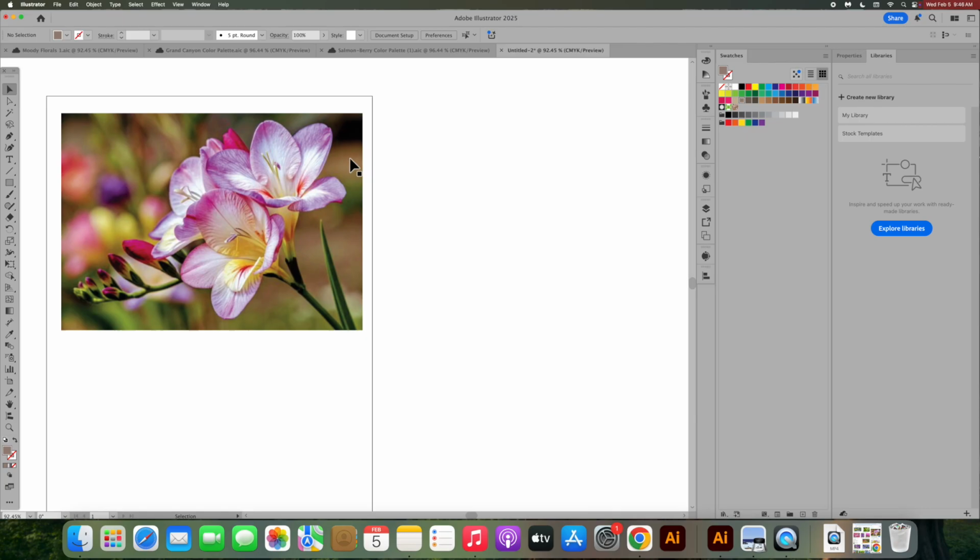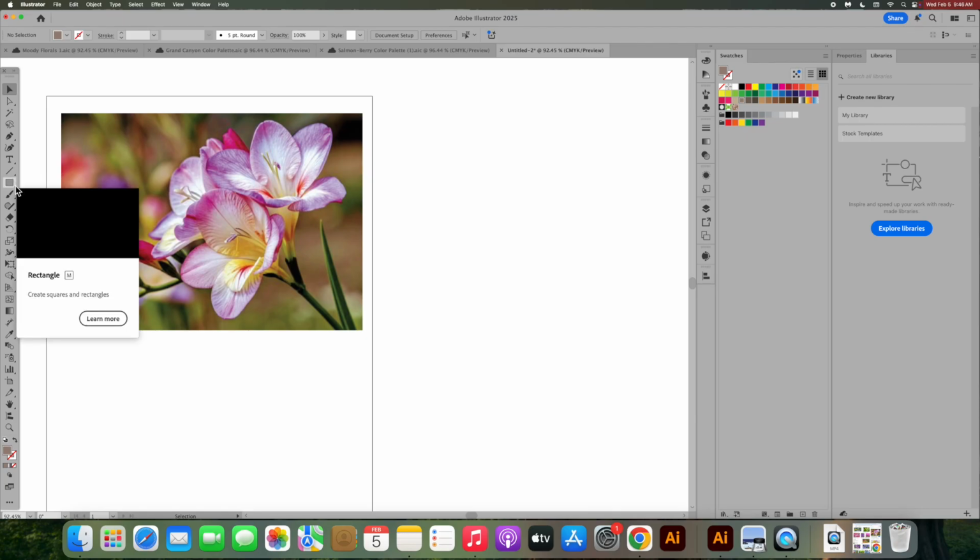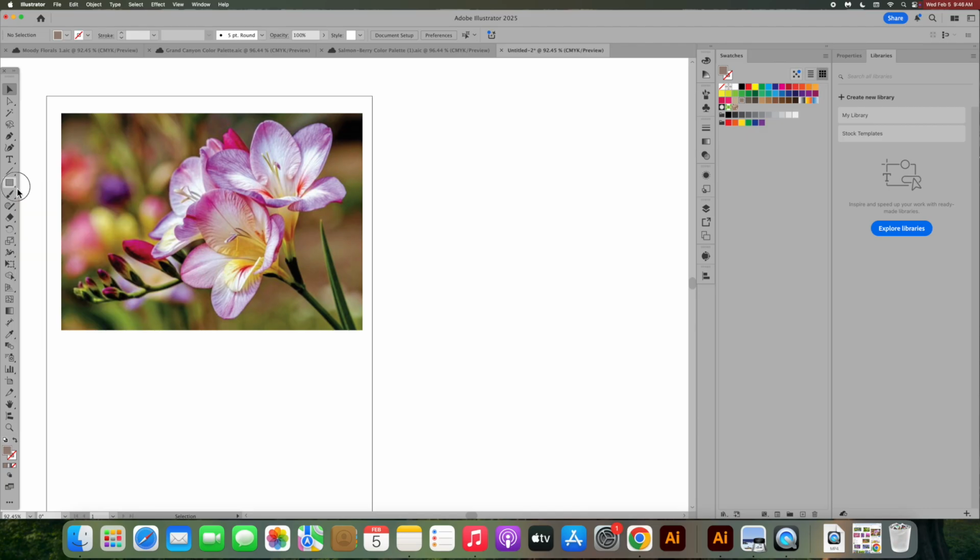If you're new to Adobe Illustrator, over here on the left-hand toolbar, there is a tool called the rectangle tool. If I click on this little triangle there, you'll get a drop-down menu. There are other shapes hidden beneath this one. You have a rounded rectangle tool, an ellipse, a polygon, and so on. You do not see a tool for a square, and that's because we use the rectangle tool to make a square. So I can either click on this to activate the rectangle tool, or I can click the letter M